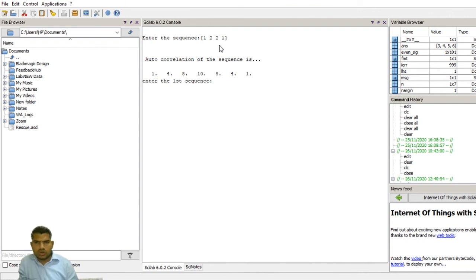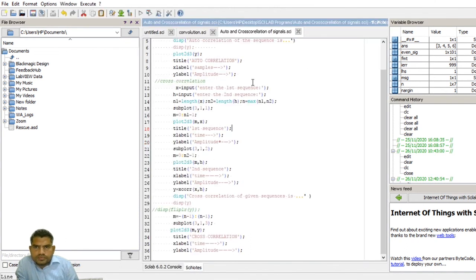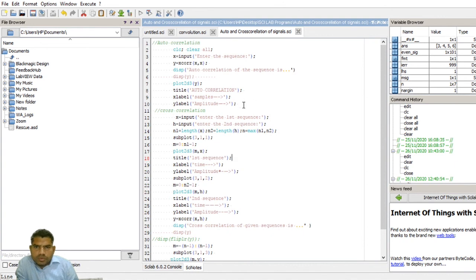This is autocorrelation output only that we are getting here. For the cross correlation, I will show you the cross correlation output. I am removing this one.